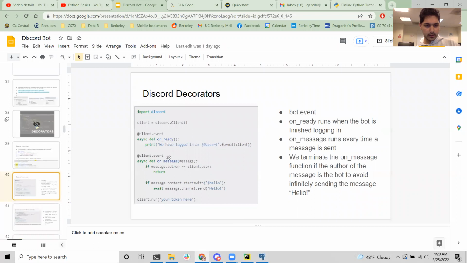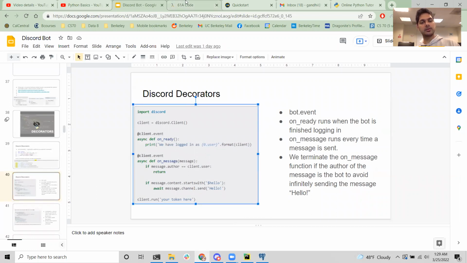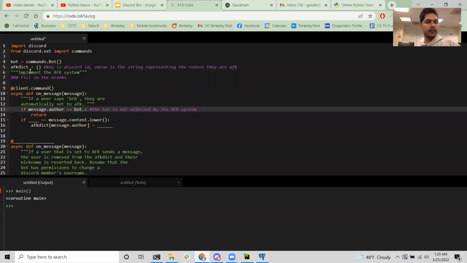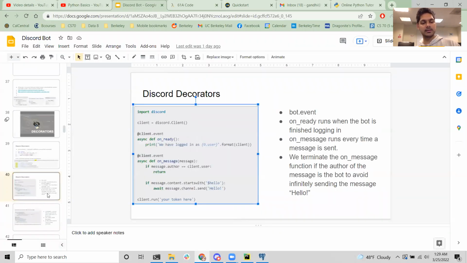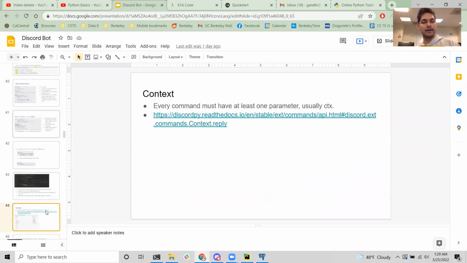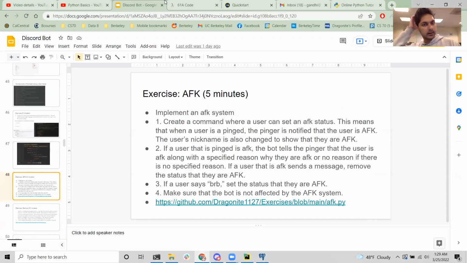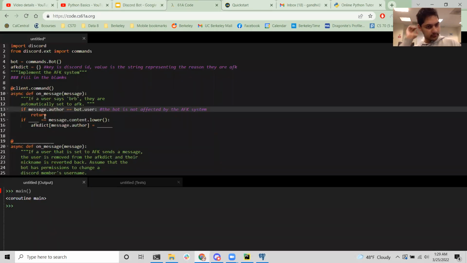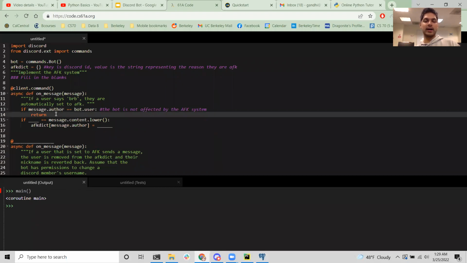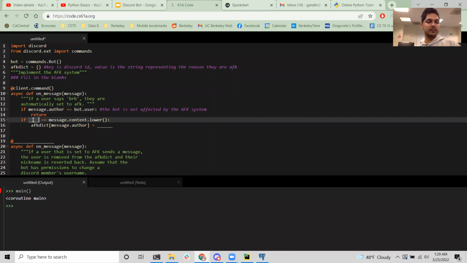Oh yeah. If message.author is equal to client.user, well, I use bot.user here, then return. Return is just like end the execution of the program, and that's it. So that's how the bot is not going to be added to the AFK system, right?